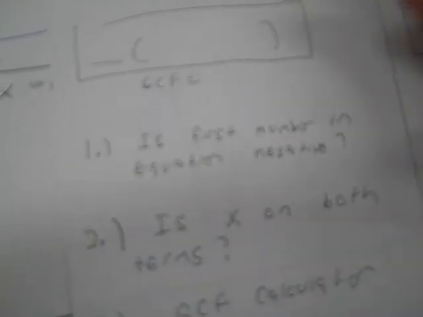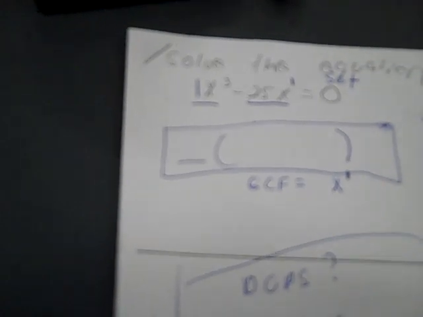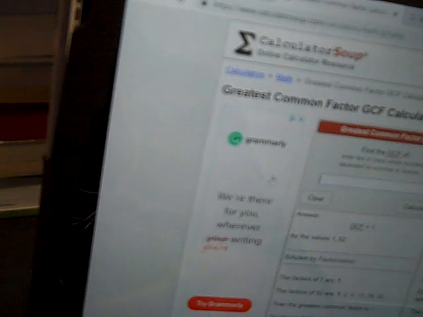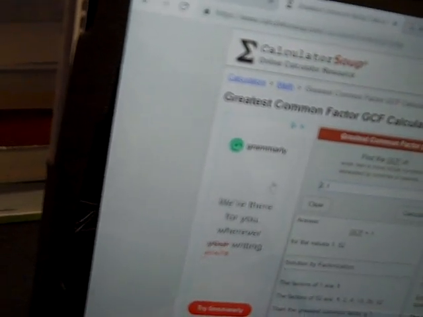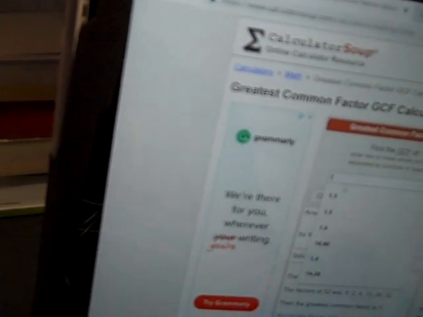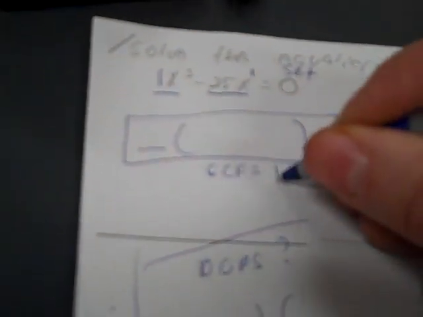Do you have x on both terms? Well, you have x to the third and you've got x to the first, so yeah. So we need to put x to the first in the GCF. Now GCF, calculate 1 and 25. Okay, so I calculate, and it just comes up as 1, but you see it's not just 1, but there's